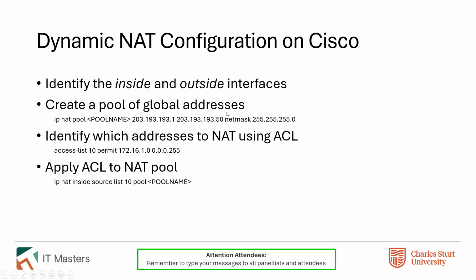There are two different forms of net mask used in Cisco devices. The standard net mask you see here, 255.255.255.0, is a standard network mask. It's used to allow a router, as we discussed in earlier weeks, to determine which are the most significant bits for routing purposes. In this case, the router is going to care mostly about the 203.193.193 part of this IP address, and it knows to do that with this network here.